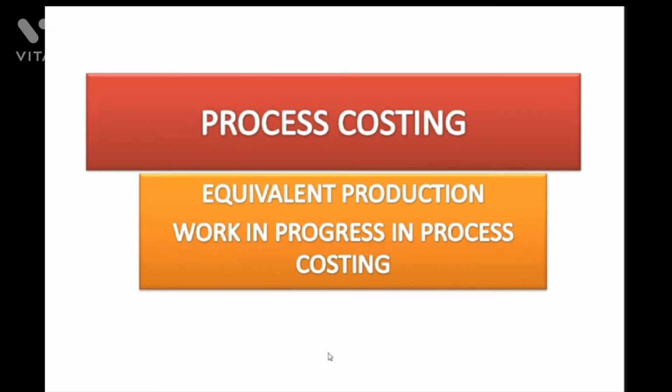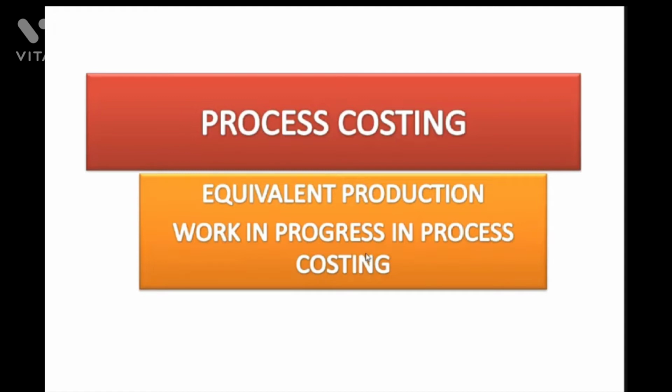So what is the name of this? Actually, the name of the unit is process costing, but in process costing there are two parts. First, A is equivalent production, work in progress in process costing, and the B part is joint product and byproduct. So step by step, one by one, we will discuss. Right, today we will start the first part of the unit of process costing, that is equivalent production or the evaluation of work in progress when your incomplete units are available in